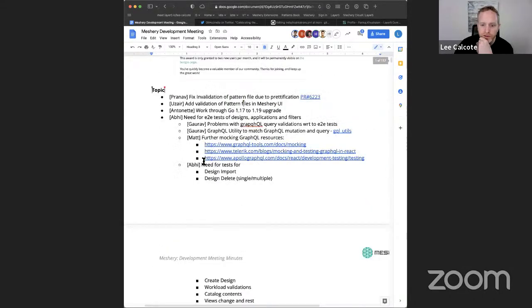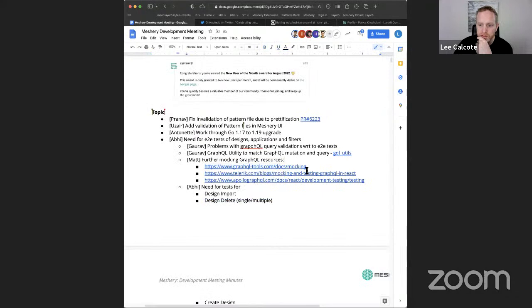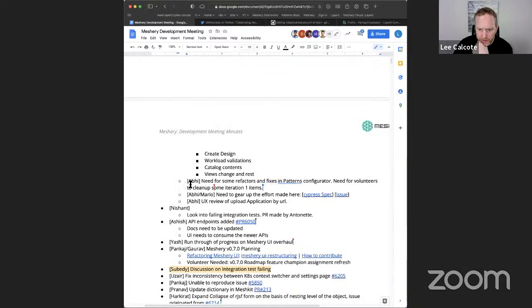By the way, Matt Young pointed out a number of GraphQL resources. These are some good ones to dig through. We talked about some cleanups. The design configurator needs the file name that's up there to be bigger. It's too small. Can we open up an issue to make it a much bigger height and make sure it's displayed in such a fashion that people understand they can rename the file by clicking up there? Because it's presented to users as a breadcrumb trail, not a file naming trail.